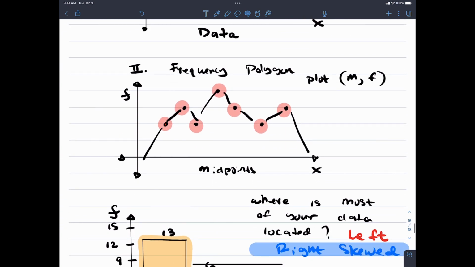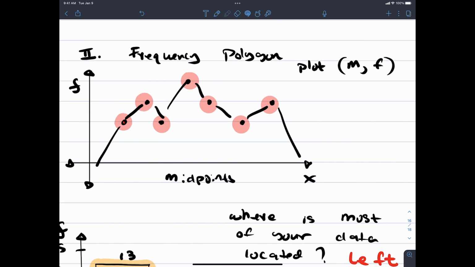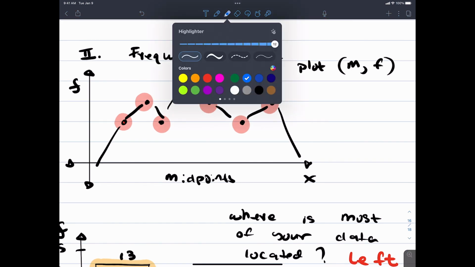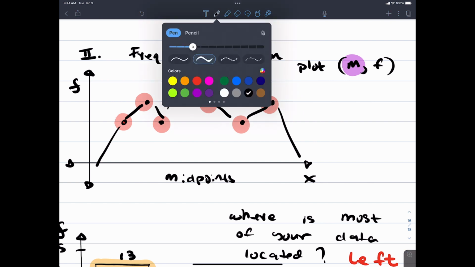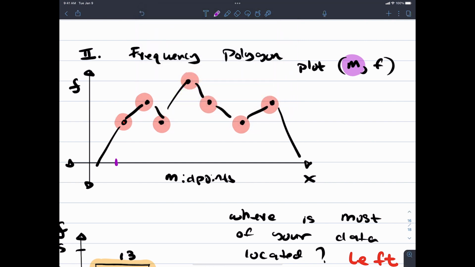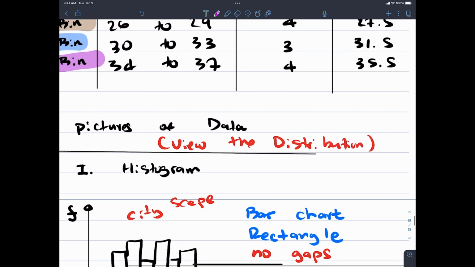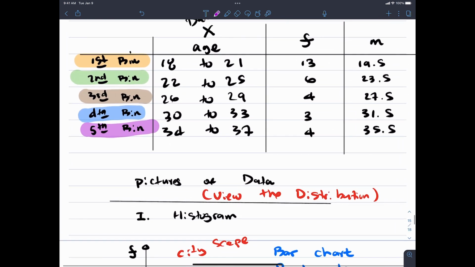You plot what? Midpoint versus what? Frequency. So every one of these values is a midpoint for your what? For your bins. So one of the reasons you have to get these midpoints, ladies and gentlemen, and these are all the midpoints,